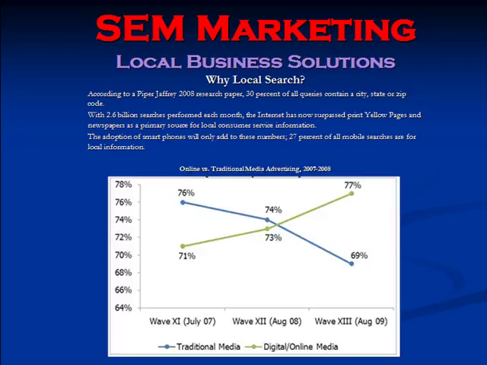What I want to talk to you today is about local search. Okay? You can see Piper Jaffray in a 2008 research paper found that 30% of all queries online are queries that contain a city, state, or zip code. And there are over 2.6 billion searches performed each month. It's probably more today. This was back in 2008, and you can see that 20% of all mobile searches are